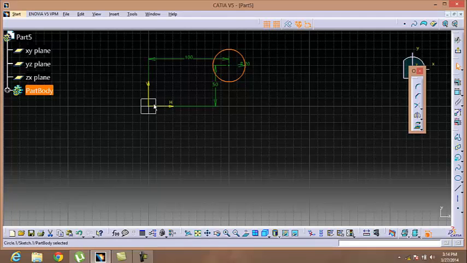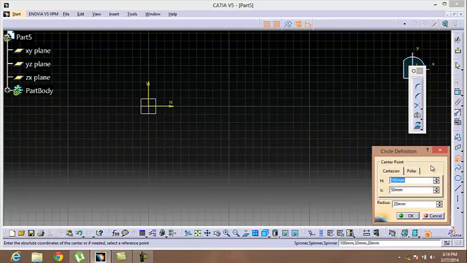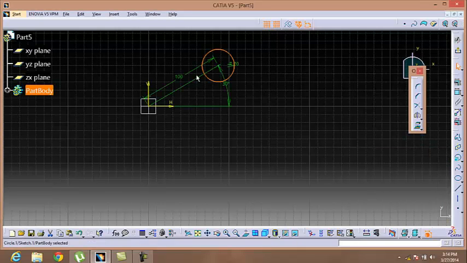The horizontal distance from the origin is 100 mm abscissa and 50 mm ordinate, and with a radius of 20 mm. Let's have a look at the polar coordinates also. Radius 100, angle, let the angle be 30. The radius of curvature is 100 here at an inclination of 30 degrees, and our required circle of radius 20 mm.